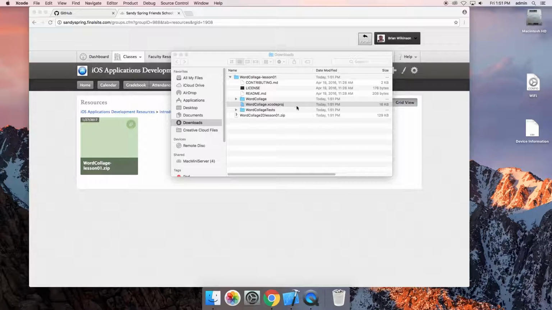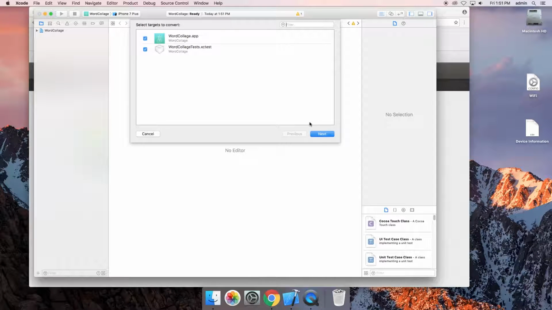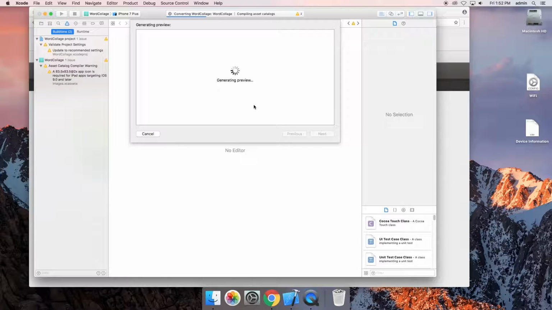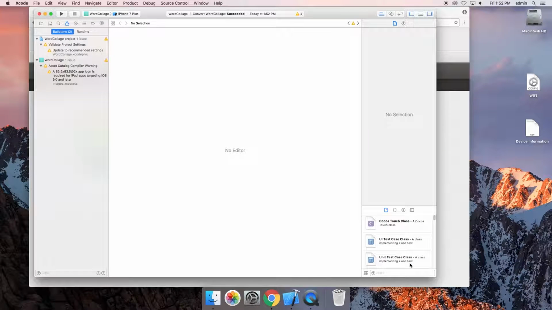I do want to open it from the internet. It goes through these conversions because this version of the project was created with an older version of Xcode, and the language Swift has changed a little bit since it was last done, so it's updating some of those pieces. We'll worry about how to fix that later, but for the purpose of this video, we're just going to let it do its piece. Once it's done, it just wants you to make sure that any changes made are okay. We're just going to hit save,